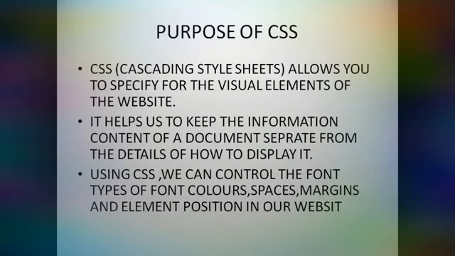So first topic, purpose of CSS. CSS full form is Cascading Style Sheets. It allows you to specify the visual elements of the website. It helps us to keep the information content of a document separate from the details of how to display it. Student, CSS helps us to avoid duplication in coding, and to use the same content with different styles for different purposes,